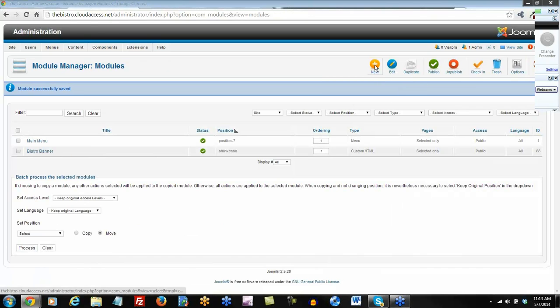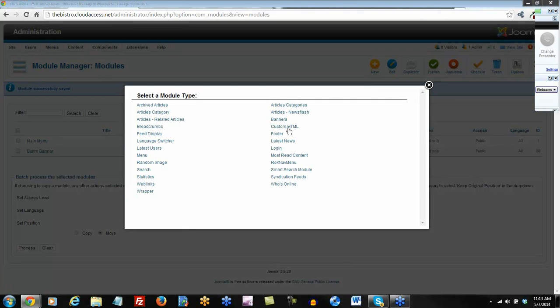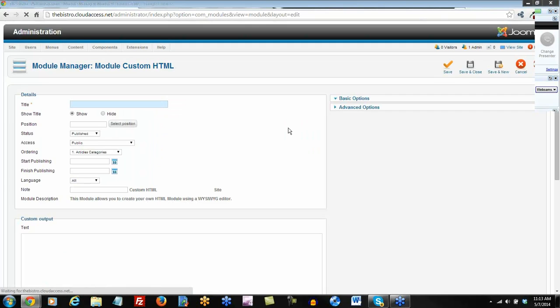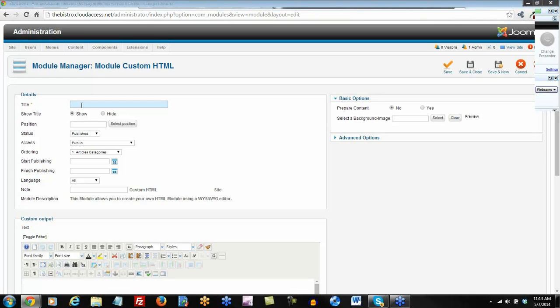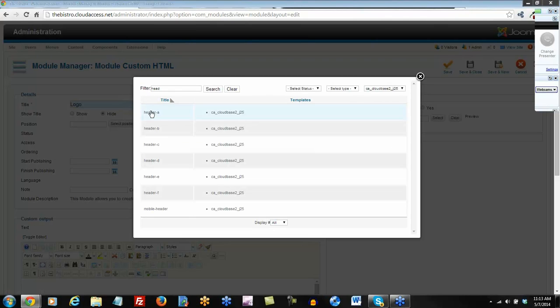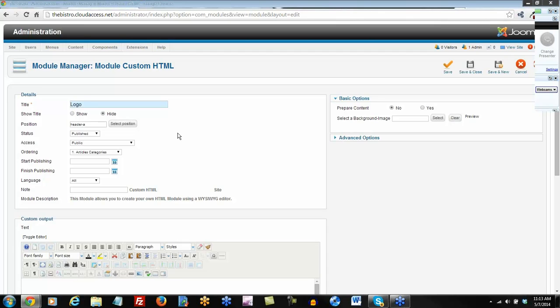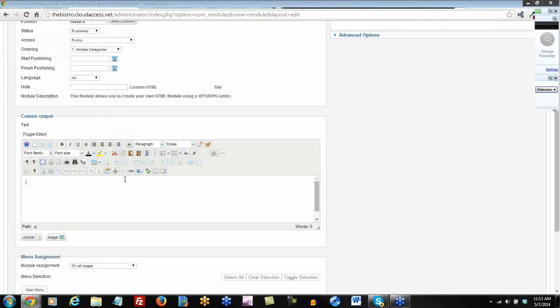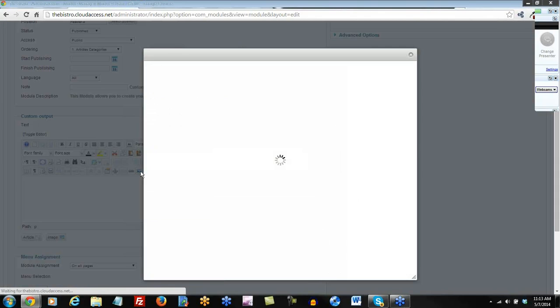Create a new module, click on New. This is going to be another custom HTML. We'll do a few different module types in just a moment. Let's title this one our logo. I want to hide the title on this. Select the position. This time I'm going to search for header A and select it. I'm going to scroll down to my custom output, select that image,